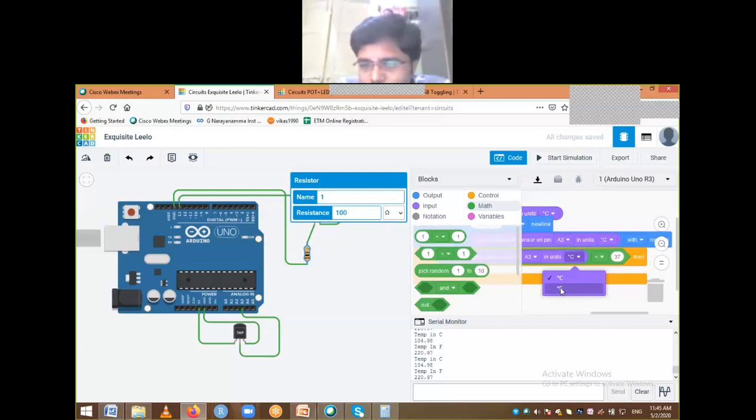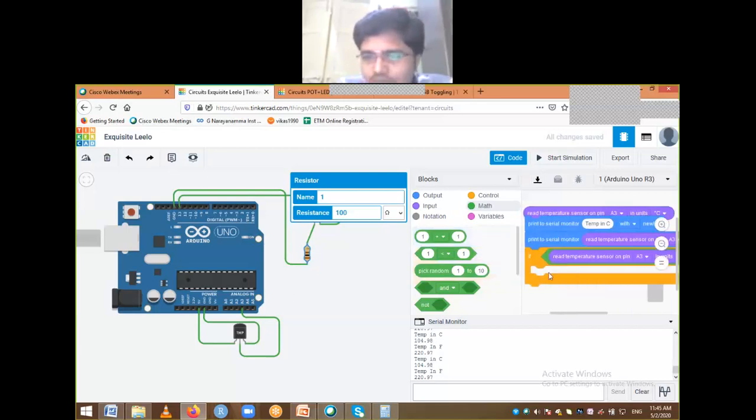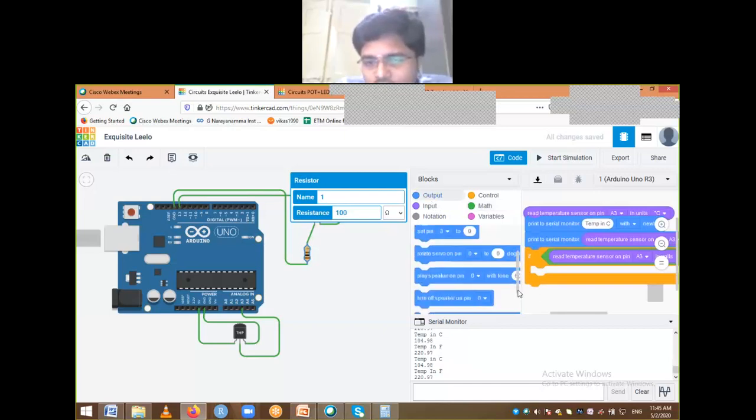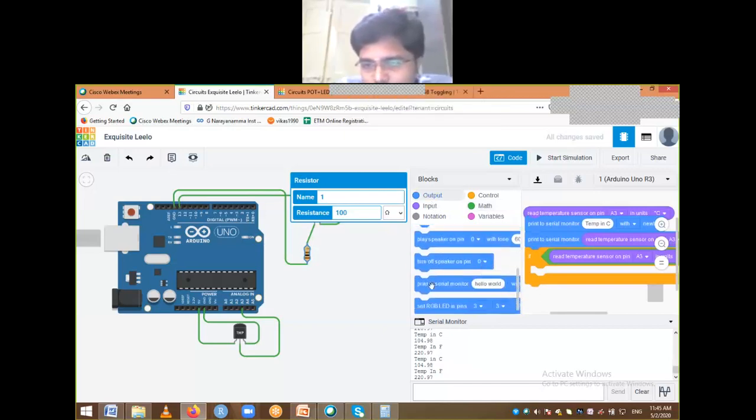Then I want to do two things. One is to print that someone has fever. If temperature is below, it's normal, no fever. Healthy, I can write, healthy.